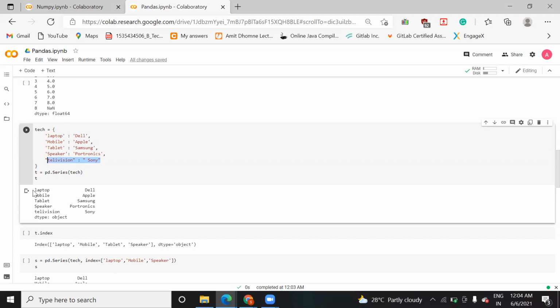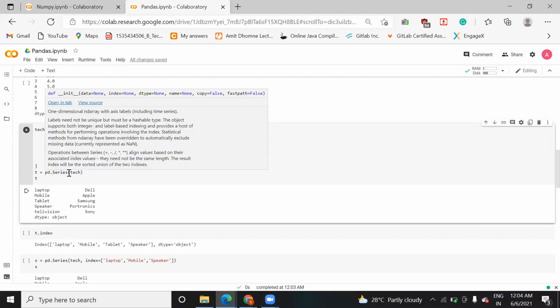So you can see how I have created the data frame here with the help of the pandas library and the Series function in this pandas library. You can read about it in the Python official documentation also. What is the definition of a pandas Series? Why we use it, in detail.